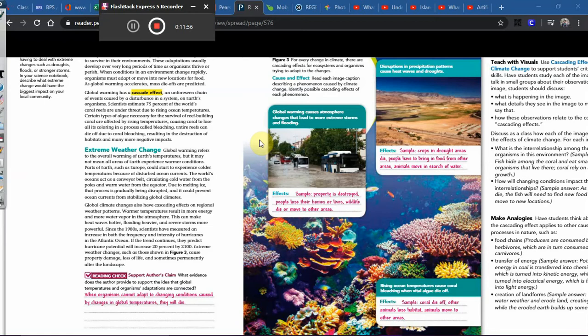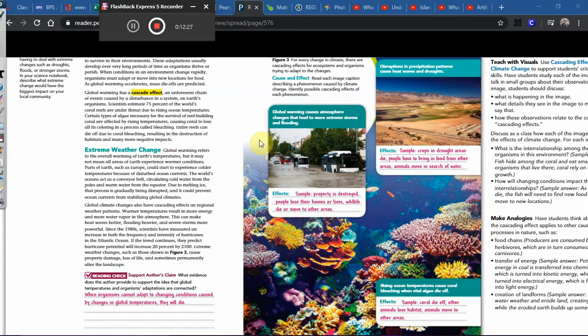Okay, air currents, ocean currents. Where is the warm air moving? Where is the cold air moving? Now when we start to increase the temperature of the Earth, we're going to affect the way that these things move. We're going to affect the way the air moves. We're going to affect the way the water moves, and that can cause some extreme, different types of weather, and some extreme cases of weather that most places aren't used to.